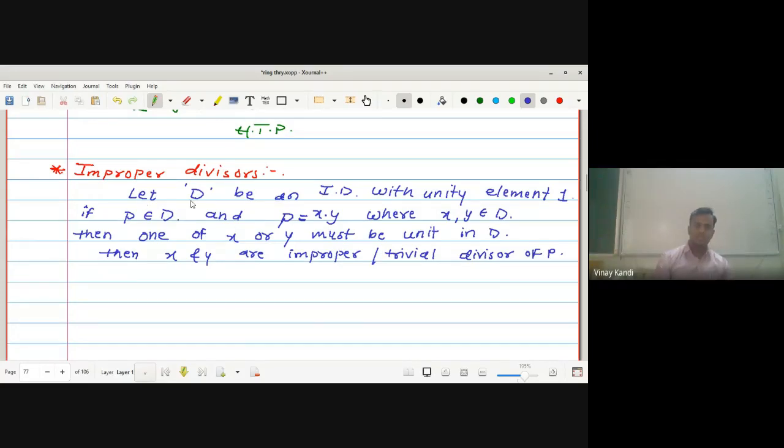Okay, let D be an integral domain with unity element 1. If P belongs to D and P is equal to x into y, where this x and y belong to D, then one of x and y must be a unit in D. Then that x and y are called improper or trivial divisors of P. Okay. For example,